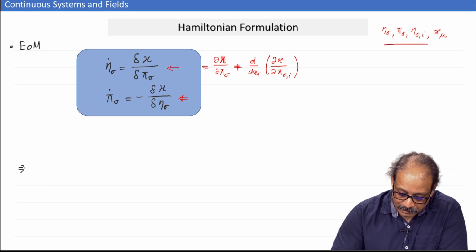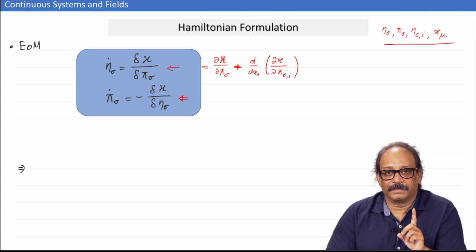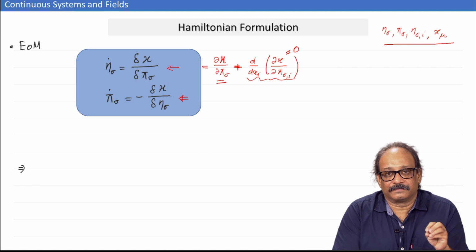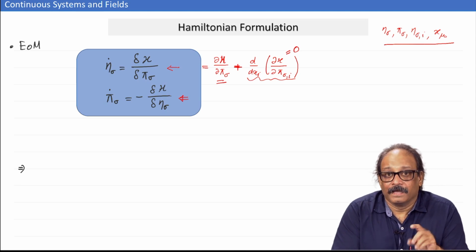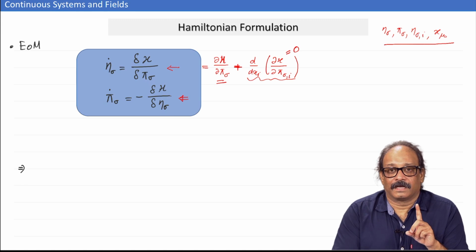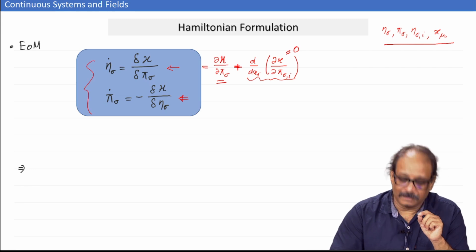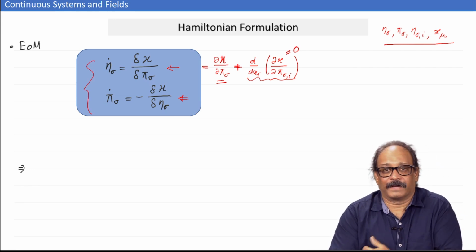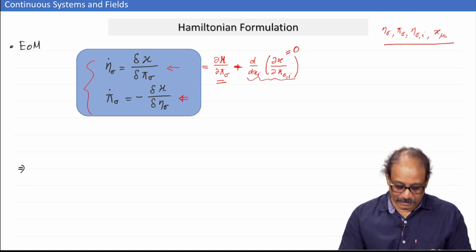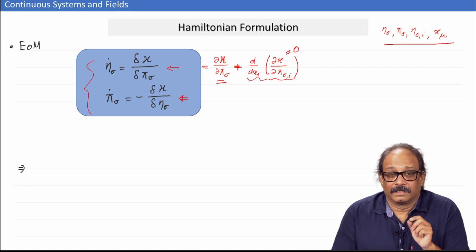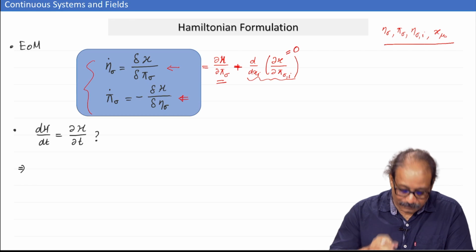And you see, pi sigma comma I is not one of the independent arguments of the Hamiltonian, which means this will be 0. Okay. So, I can safely add this term and write the partial derivative of h with respect to pi sigma as the functional derivative of Hamiltonian density with respect to pi sigma. And now, there is the symmetry in the equations which we had seen in the case of the particle dynamics. Okay. So, everything has been restored, but this is of course not enough. There is something more here. Look at the final expression.